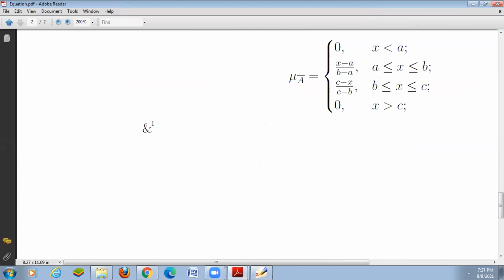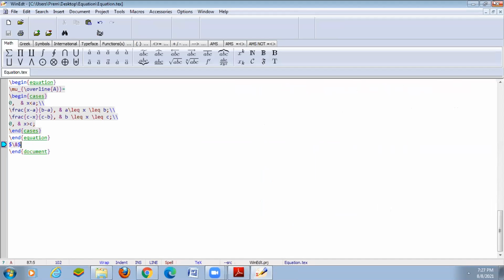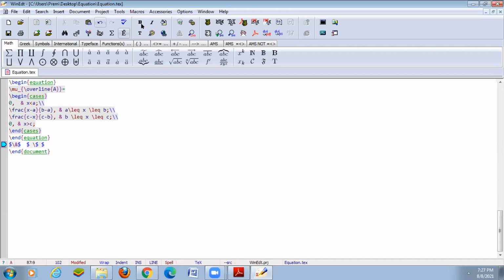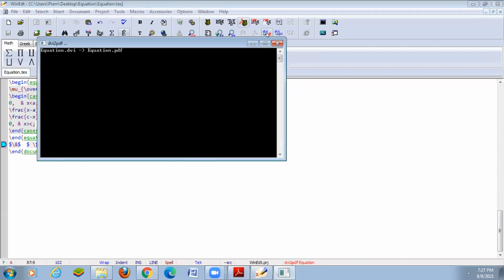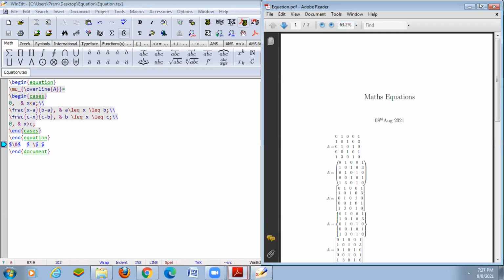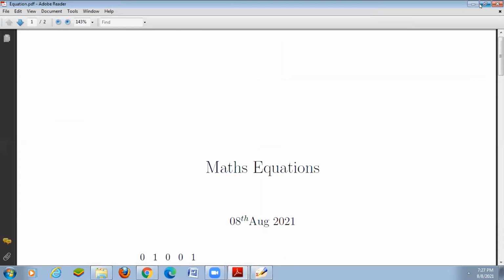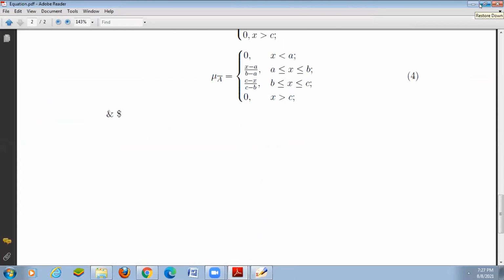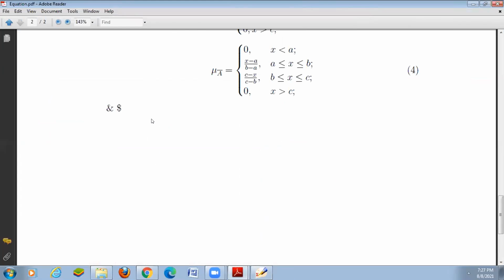The ampersand symbol will be displayed in the output, and the dollar symbol as well. Suppose we want a dollar in the output, you can use backslash dollar symbol, and then the dollar symbol is displayed in your output.